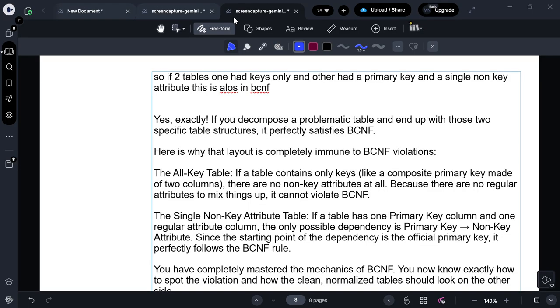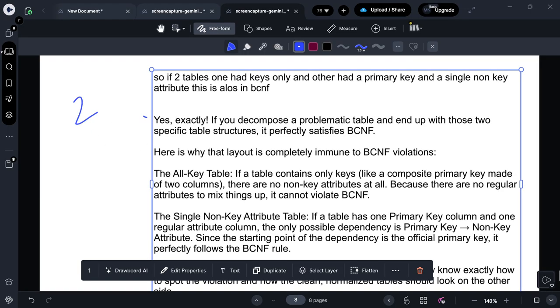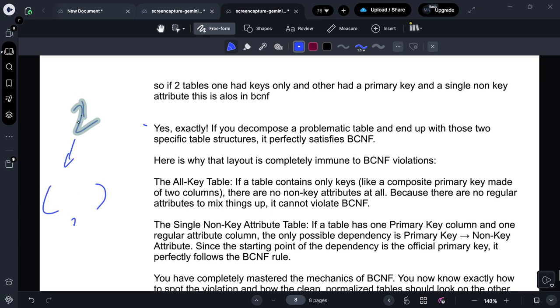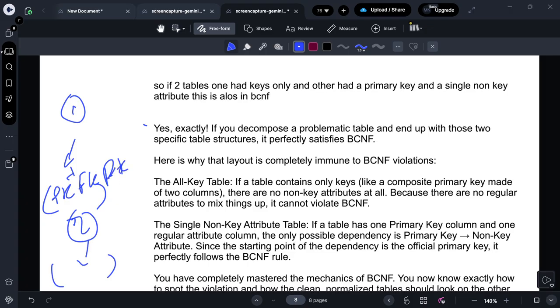And we also know that if there are two tables, one only had keys in it, the first table might be students. So first table, second table. The first table only has a primary key, a foreign key, and as a composite key, another primary key or maybe another foreign key. So two foreign keys together, but this is also in Boyce-Codd normal form because there is no attribute depending on a primary key,